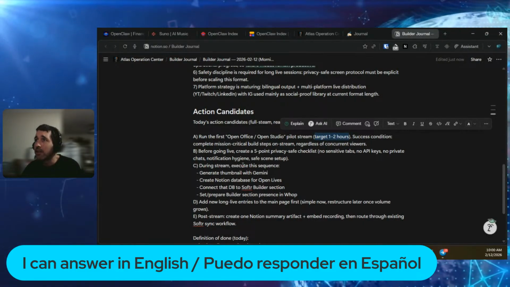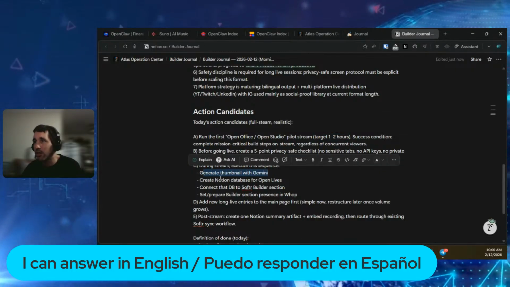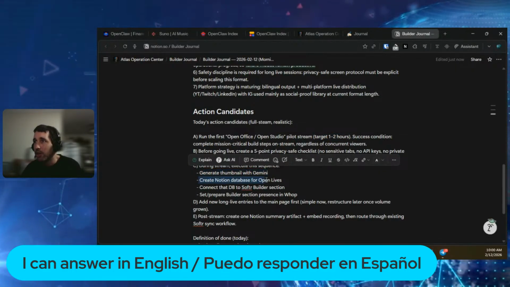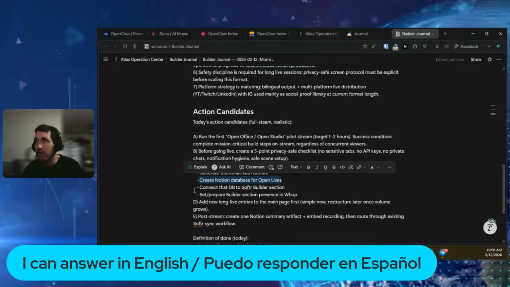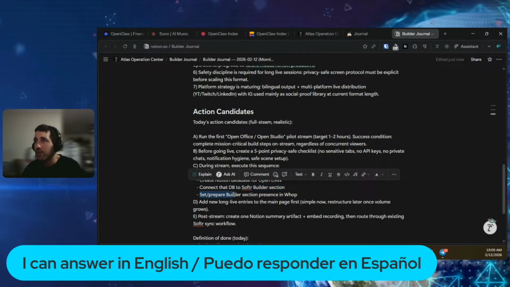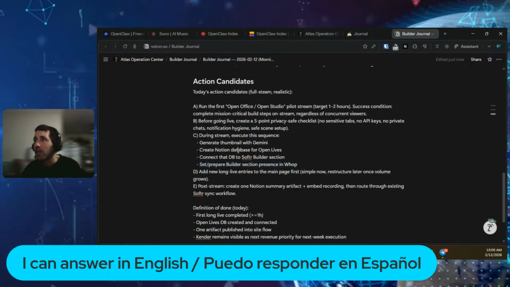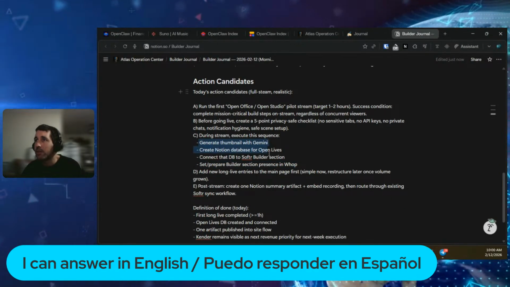During the stream, execute this sequence: generate thumbnail with Gemini. We're going to do that in a second. We're going to create a Notion for Open Lives. We're going to do that. We're going to connect that to Softr. Yep. And prepare builder section presence in WOP. Perfect. So these are going to be our